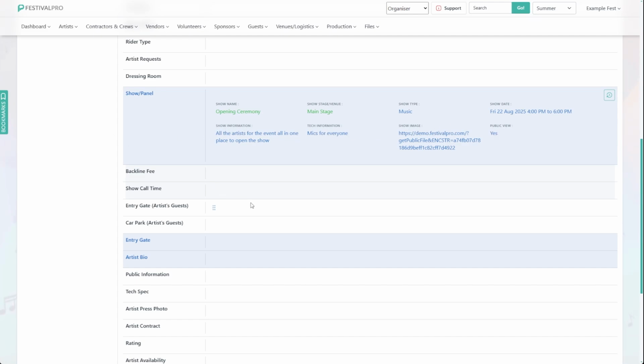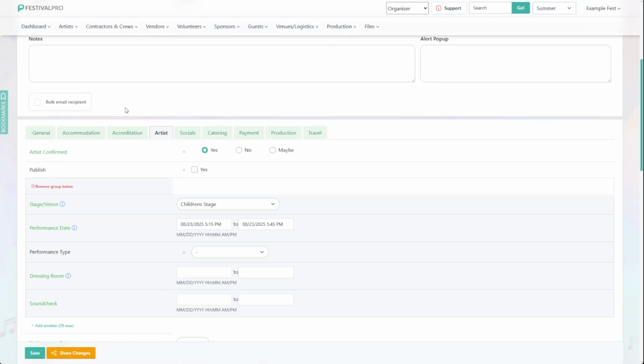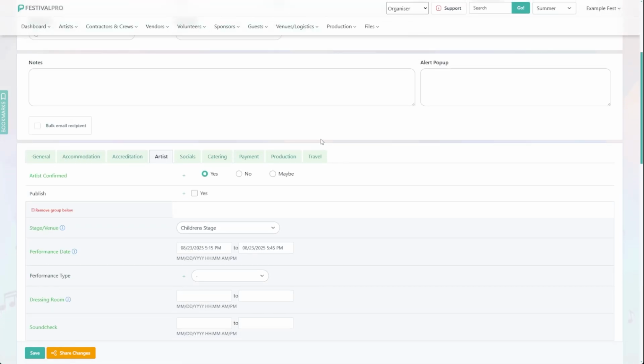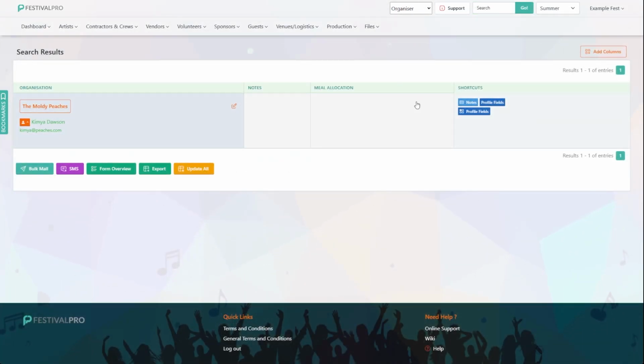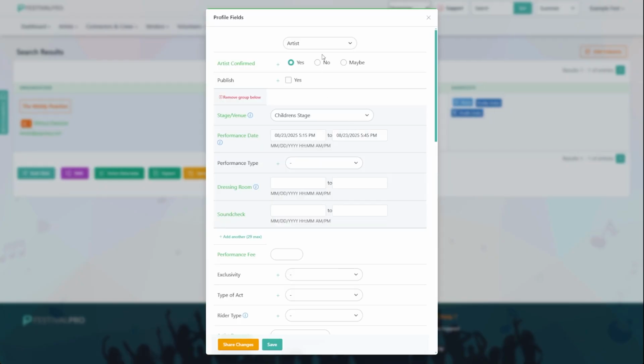Now we have them scheduled for a few things, let's look at some of the other profile fields within Festival Pro. I'm already in the artist profile here, and I can click edit on the side and get into the edit mode where I can see all the different sections here, accommodation, accreditation and so on. But I can also then search perhaps for the Moldy Peaches and bring them up this way, and this allows me to either click into the profile fields pop-up where we can edit things like this, and perhaps we want